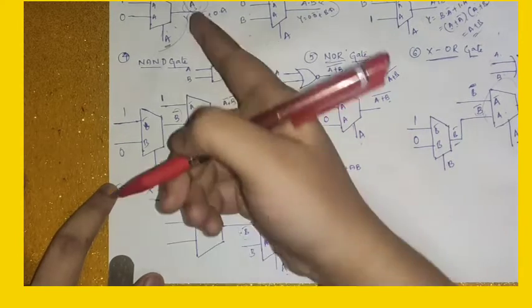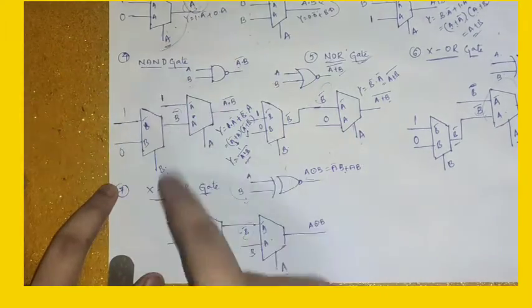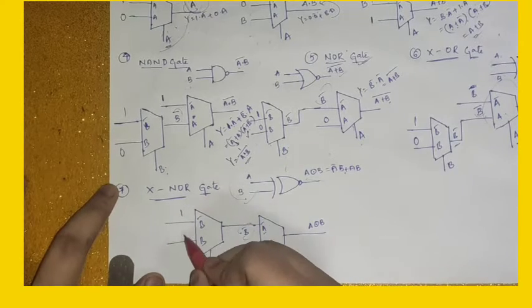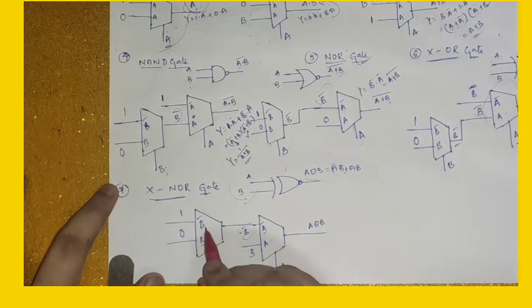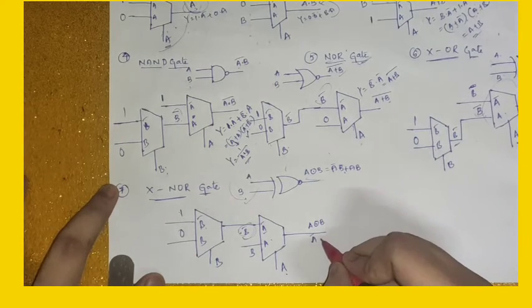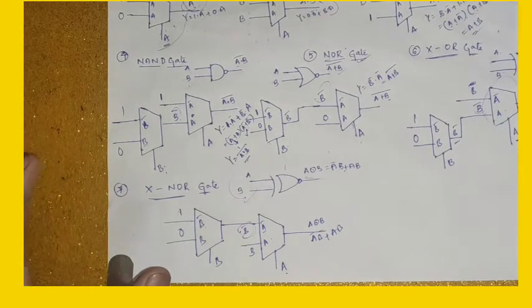So to get A bar B bar plus AB, we get A bar B bar, here it is B. To get B bar we use the NOT gate. Here B, this is B bar and this is B, this is 1 0, we get 1 dot B bar, and this is 0. So in this way we get the XNOR gate. So in this way the multiplexer is used as a universal logic.